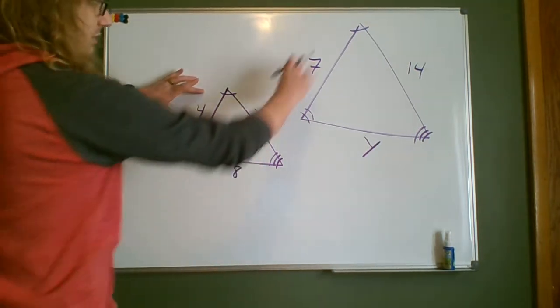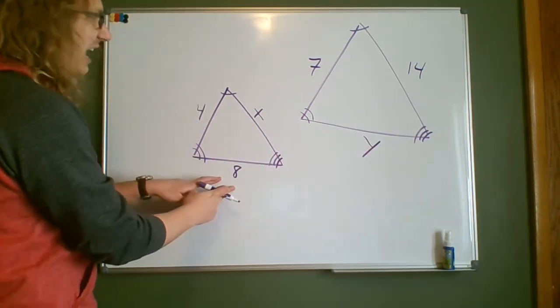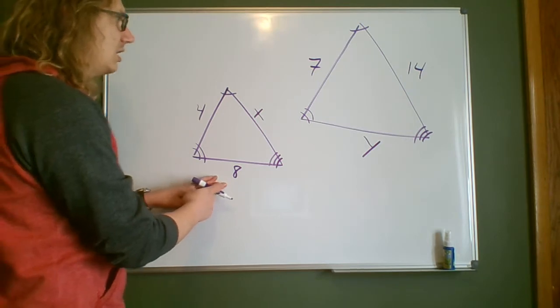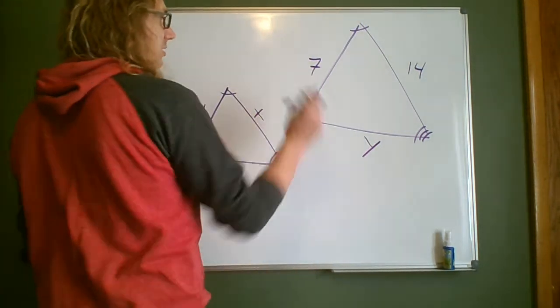But looking at what we've been talking about today, I see that this side, which corresponds to this side, and this side, which corresponds to this side, in order to go from here to here, I just double. 4 to 8 is just multiplying by 2. So to go from this side to this side, I just have to multiply by 2. 7 times 2